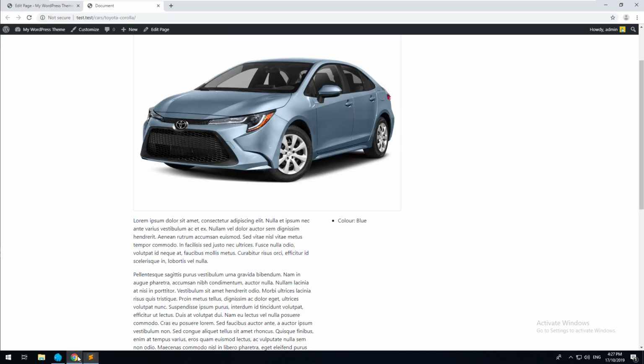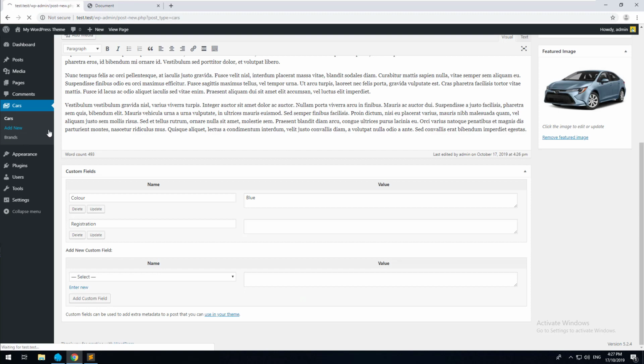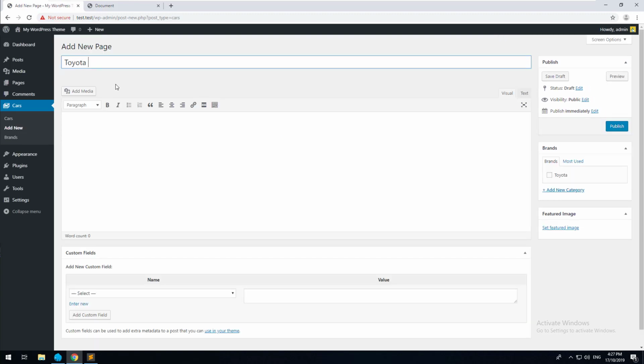Okay, so that's in a nutshell, that's WordPress's functionality with custom fields. As you can see, it's very, very basic, and it doesn't really give you the flexibility that you need, especially if you're building a website for a customer and you want them to have some sort of really easy to use interface. You'll also notice that if we go and say add a new car, let's call it Toyota Land Cruiser,